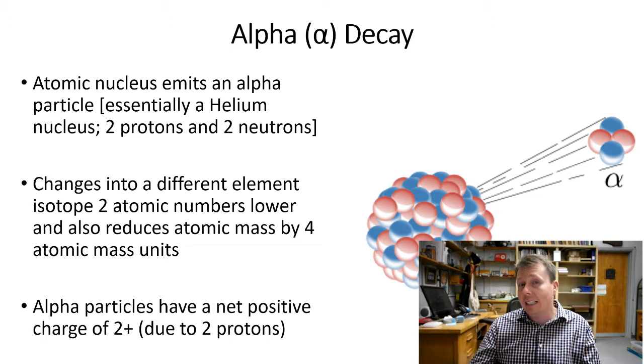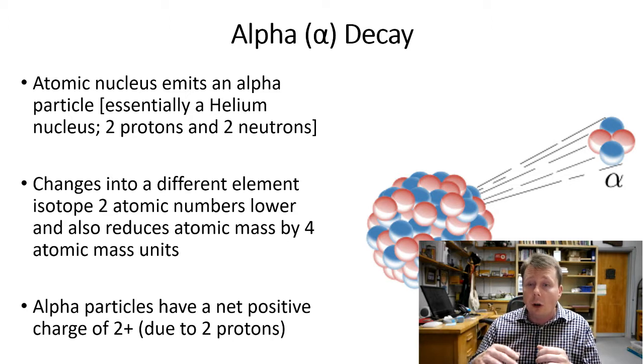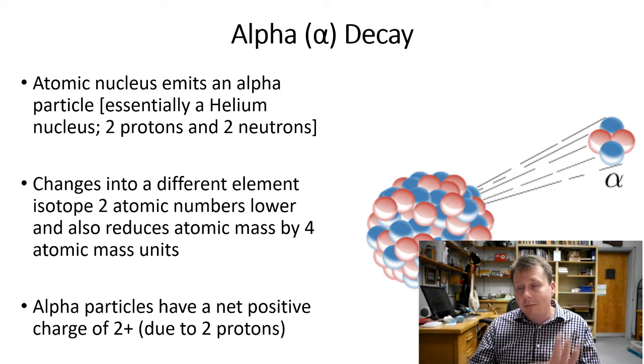In some scientific texts, they'll actually have a helium symbol there, because if you look at it, 2 protons and 2 neutrons is exactly the nucleus of a helium atom. So I'm just going to go with alpha because it's easier to talk about here. But the decay process here is so excited that it basically throws 2 protons and 2 neutrons out of the system. When it does this, the isotope is going to transmute.